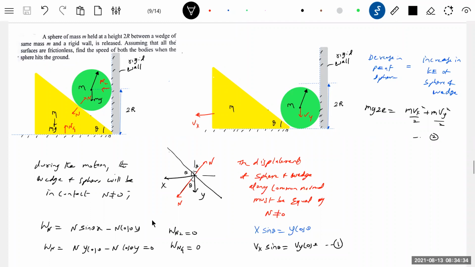You are studying the work energy chapter. You are studying kinematics. You are studying